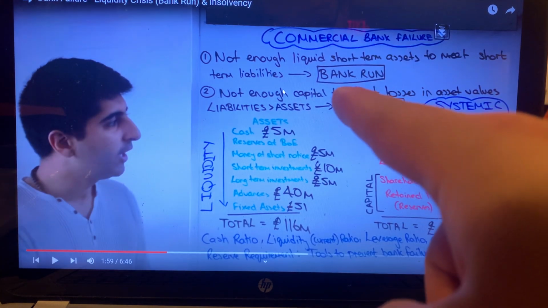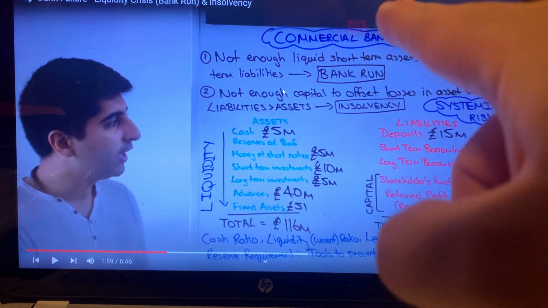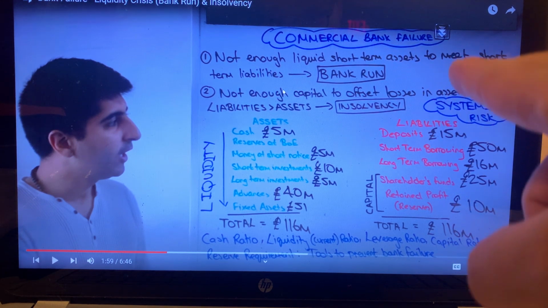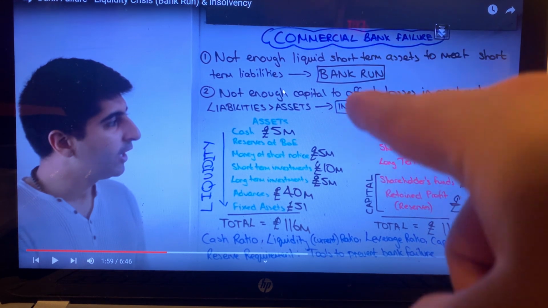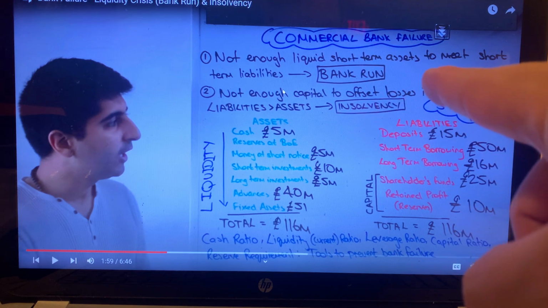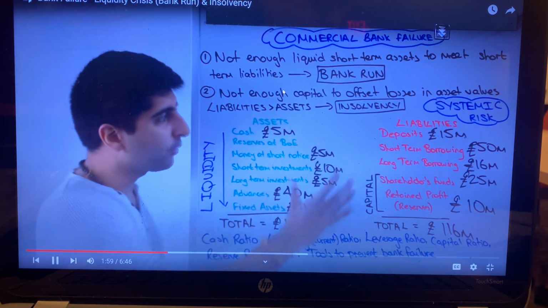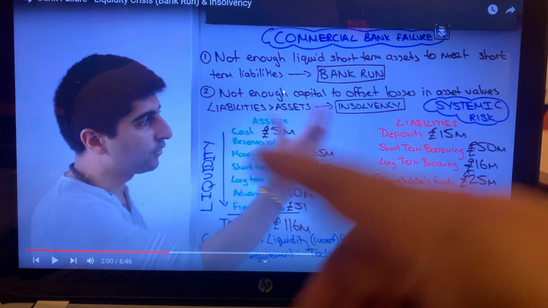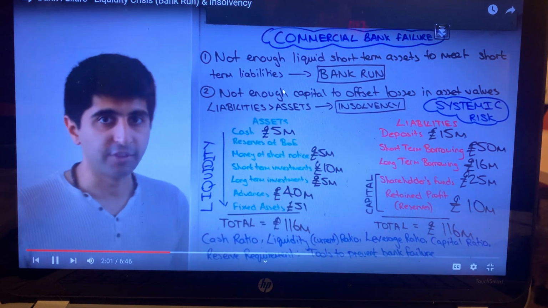That actually happened in Greece, and they actually had to shut down the banks in Greece because there was a bank run and everybody was trying to take their money out all at once, and they didn't have enough assets in order to cover the liabilities. So liquidity crisis is... I take that back. They didn't have enough liquid assets to cover the liabilities. What would be the result there?